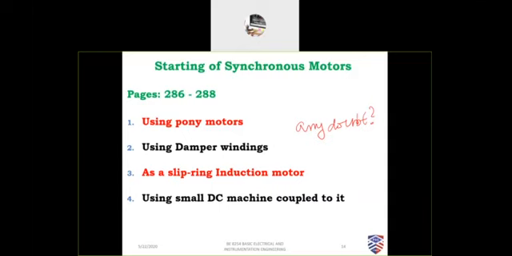The first one is the induction motor. It starts and is decoupled. Damper winding, you don't have any other motor to it. The rotor itself is made as a squirrel cage rotor and starts running as an induction motor. Then after obtaining the speed, it will become a synchronous motor. The third one is it runs as an induction motor as a slip ring, attains the speed and becomes a synchronous motor. The third one is an external DC motor is given. It runs the rotor and after the rotor attains the synchronous speed, the same machine can be used for exciting the magnets.